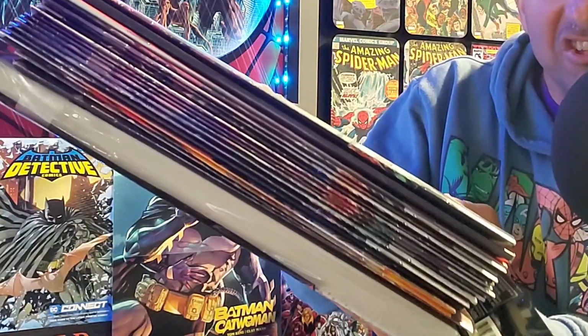The haul once again. Now, obviously, I got all the DC books earlier in the week, but due to, I think it was a Diamond error, everyone did not get all their books in time. That was the issue. So, here we go. Here is the stack. When I got the stack, I thought I had gotten most of my comic books already. But no, I did not. I wasn't even close. So here we go with the haul, starting off with the Amazing Spider-Man issue 56, the